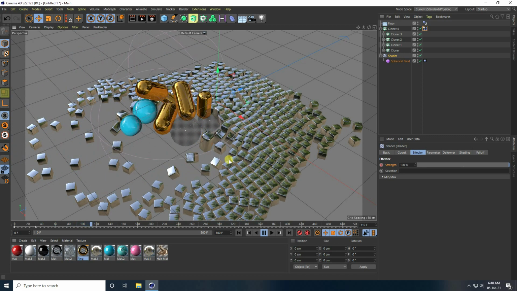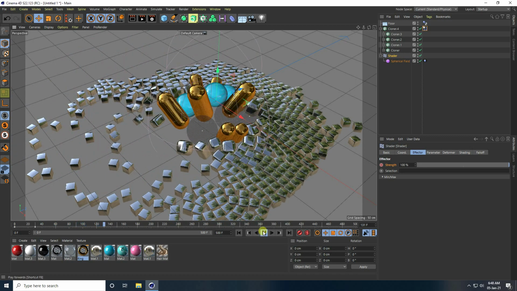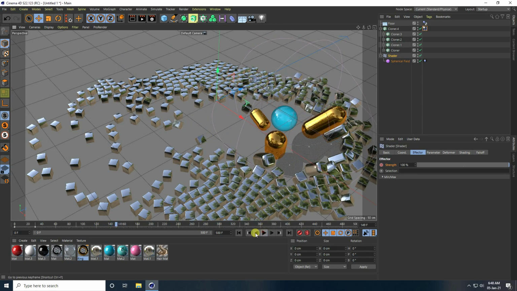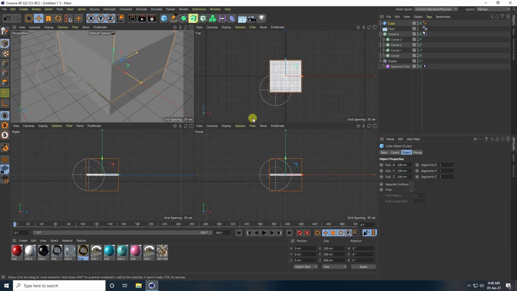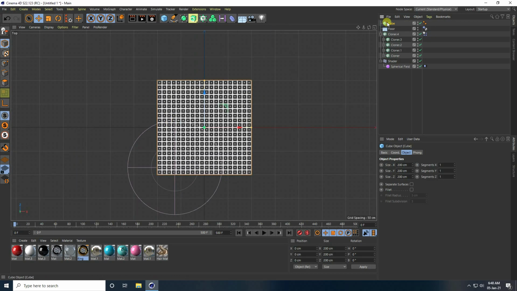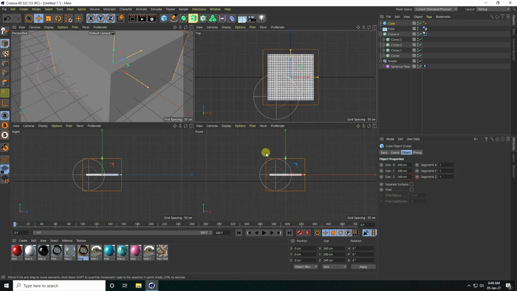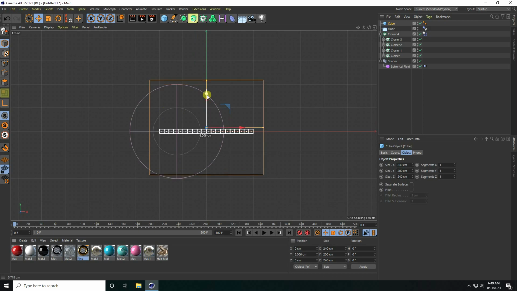Okay, so now again I take collider effect. So stop this animation and again take cube and increase cube size like this, like 240. Yeah, all is good.